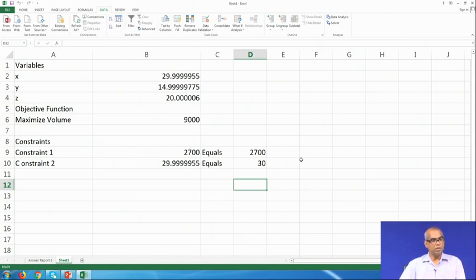That should be the optimal dimensions giving the maximum volume of 9000 meter cube. Look at here, the constraints are satisfied, 2700 equal to 2700, 29.999 that means 30 equals 30. So, we have been able to successfully solve the problem.